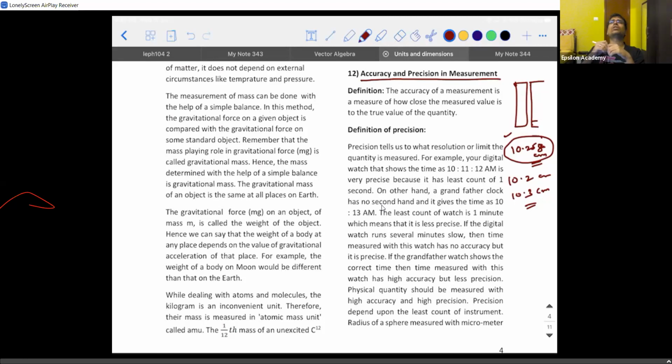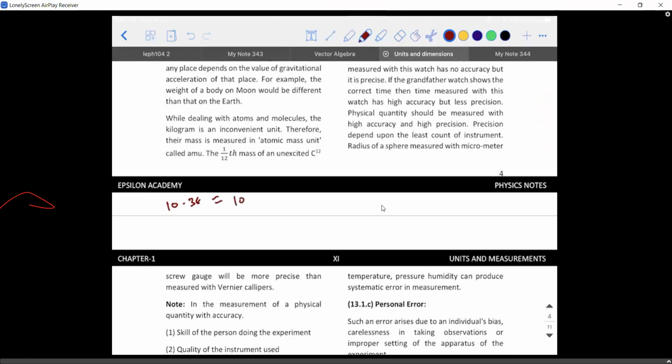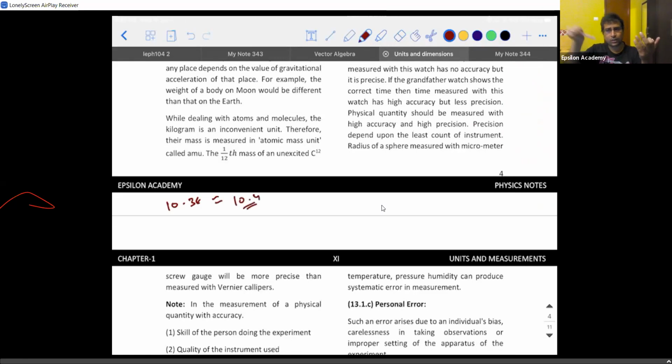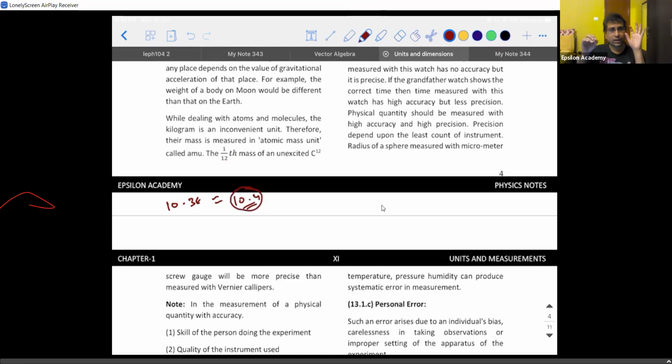See, approximation is like this. For example, I have 10.38. If I ask you to write the round off value, I'll round off that 8 and write it as 10.2. This is an approximate value. This approximate value is related only to your thought process. Whereas when I talk about accurate value, I will have a comparative study to do with the exact value.